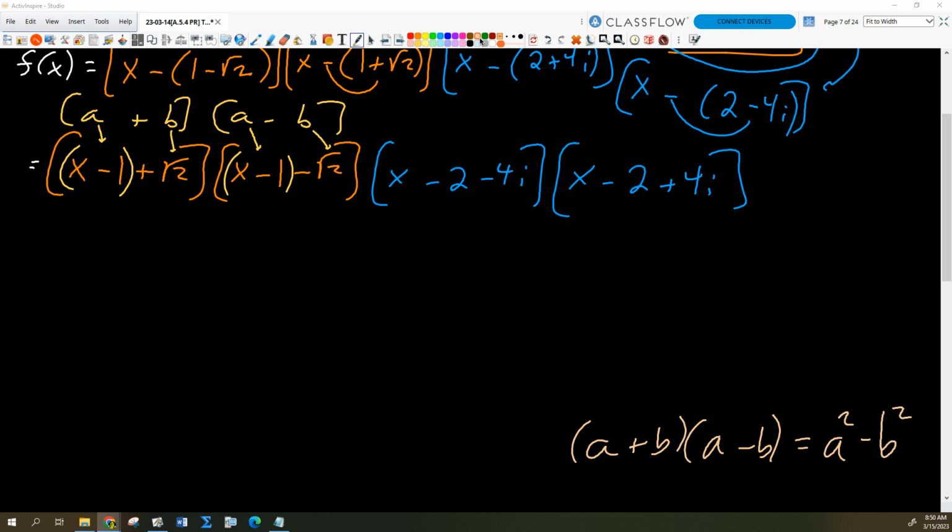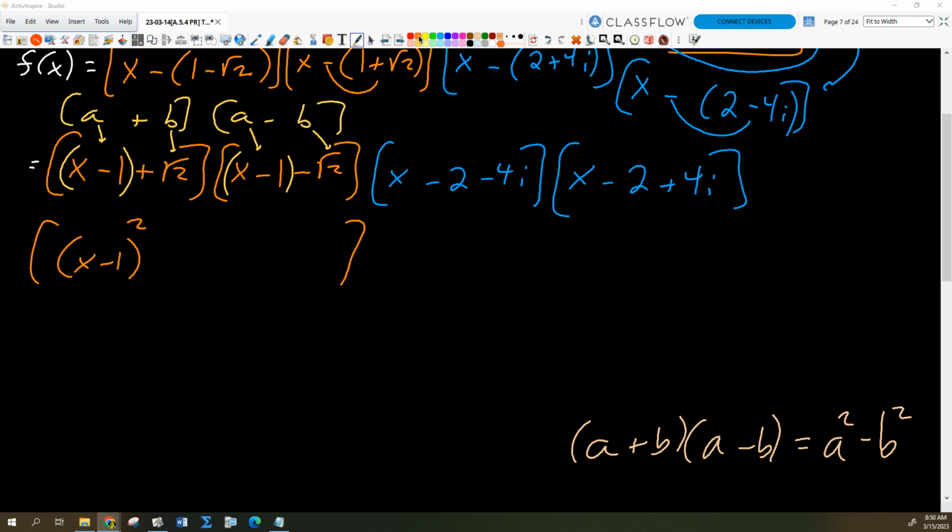If they're complex conjugates, it would be a plus, right? If they're regular conjugates, just real number conjugates, then it's a squared minus b squared. Well, we can do that. Look, that's just going to give us all the orange stuff here. If I multiply a plus b times a minus b, that's just going to give me a, which is x